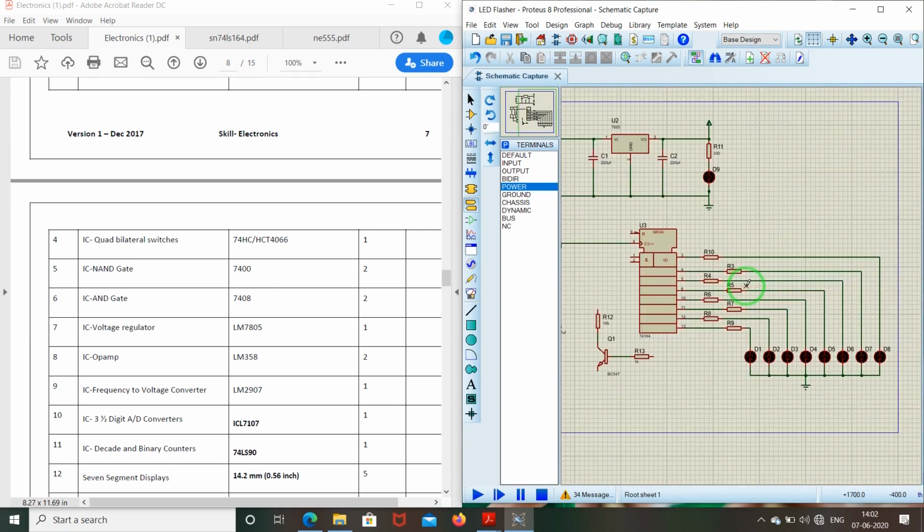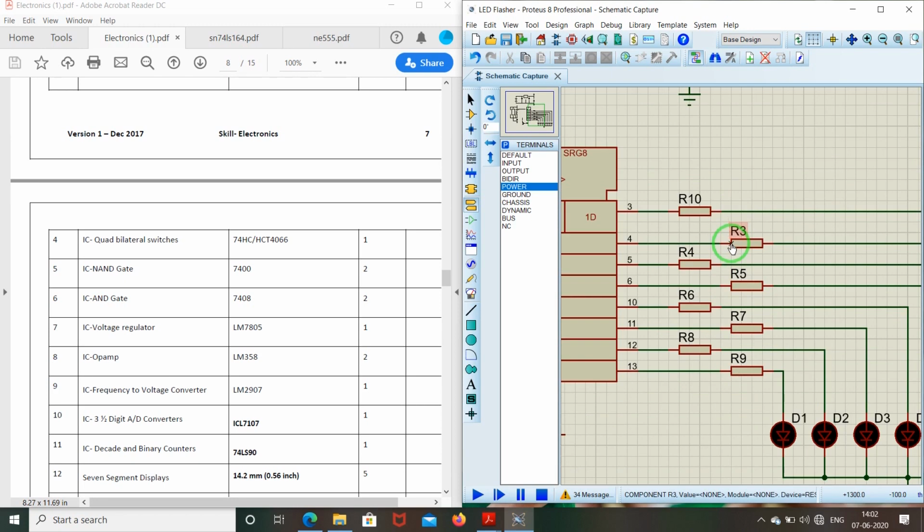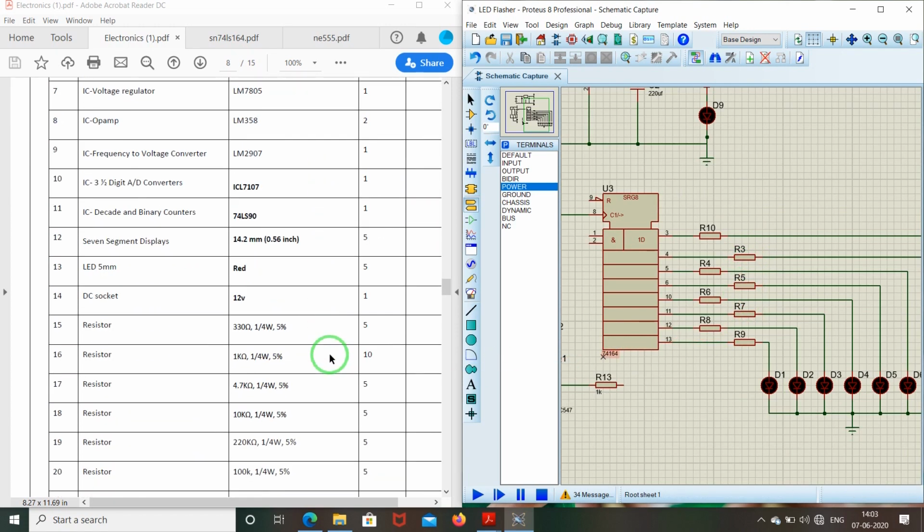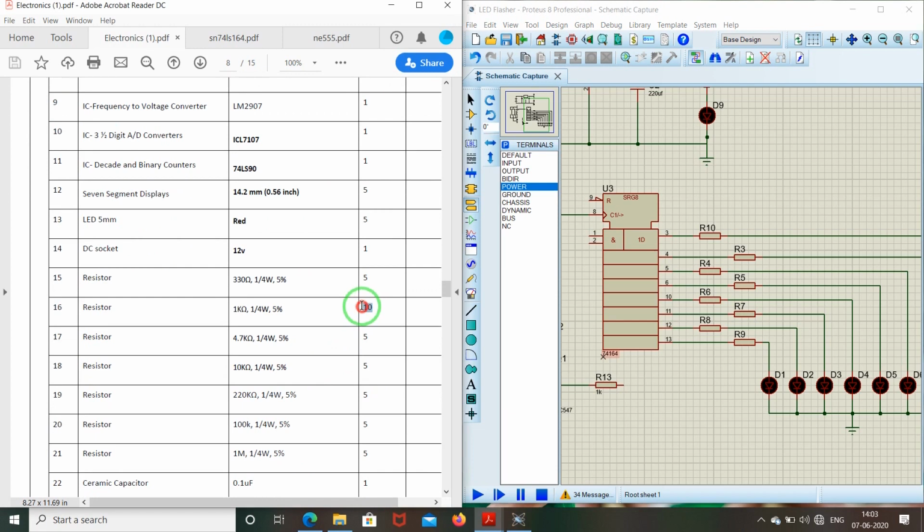Now just move to the 74164 IC and the shifting of this. So I will give the values of R10, R9, R4, R3. There are plenty of 1 kilo ohm resistances available here.